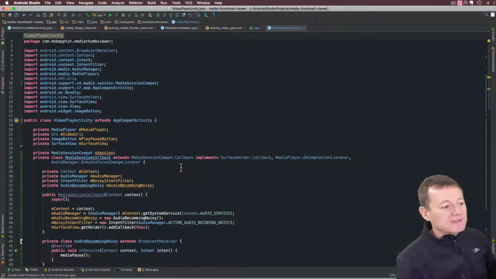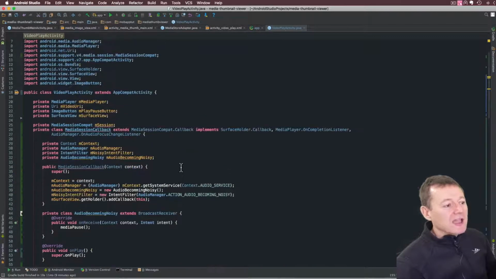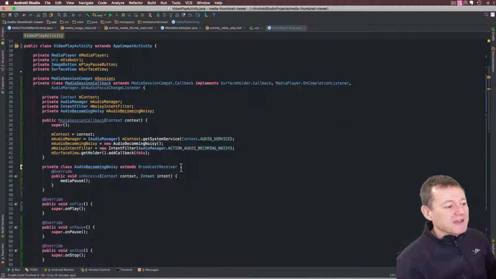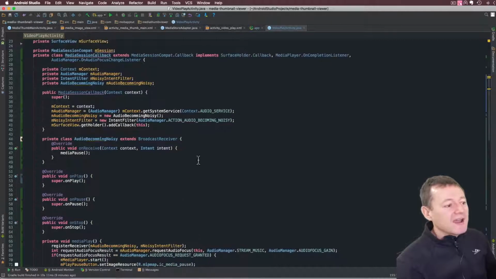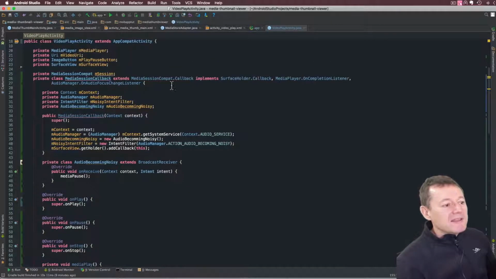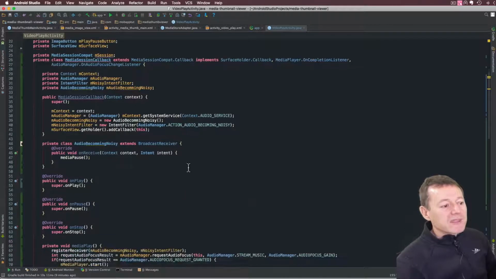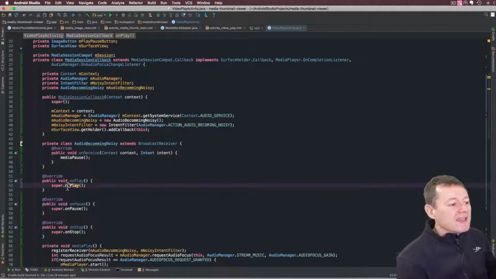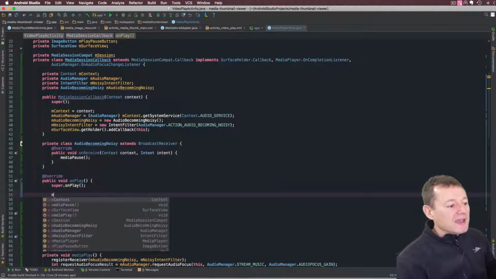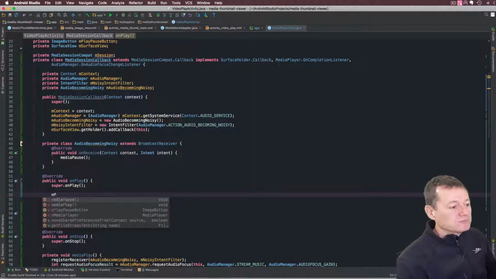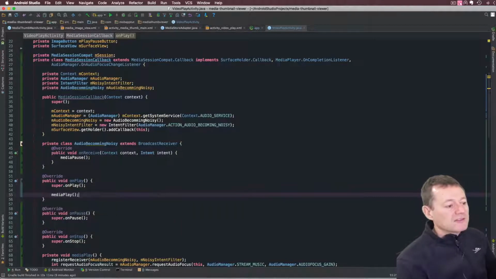Okay, all the bugs have gone away. Now we need to just go in there and start populating the functionality inside our media session callback class. Okay, I'm happy with the constructor here. The audio becoming noisy, so when you remove the headset, that's fine, the code's now in place. So down here we can just call our media play as such, on play,